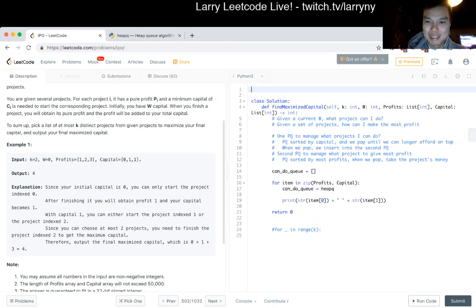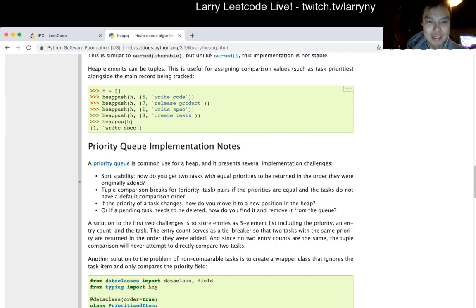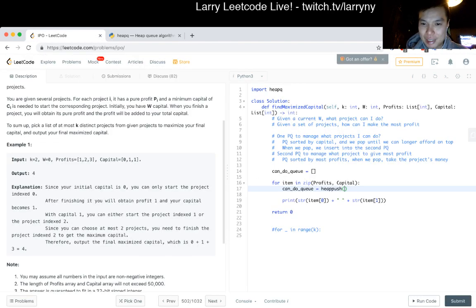Okay, whatever. Maybe that's not quite right. We'll see. So we want to hit push. The tuple can do queue. We want to sort by capital.